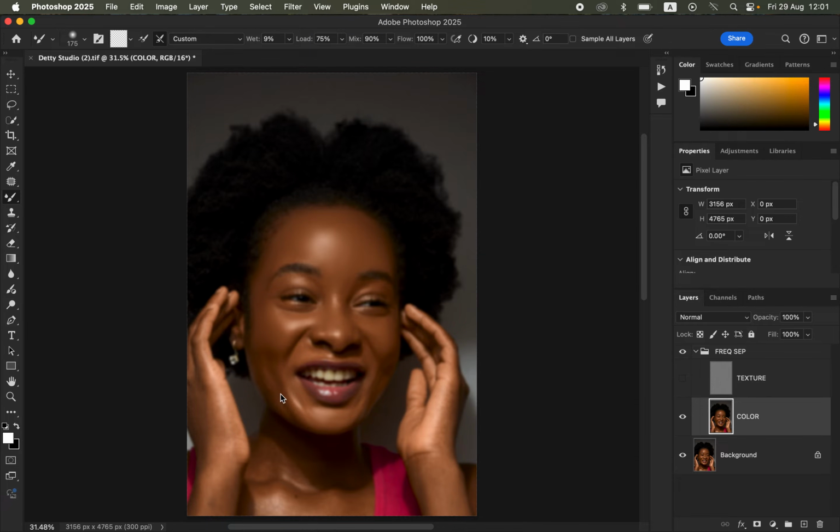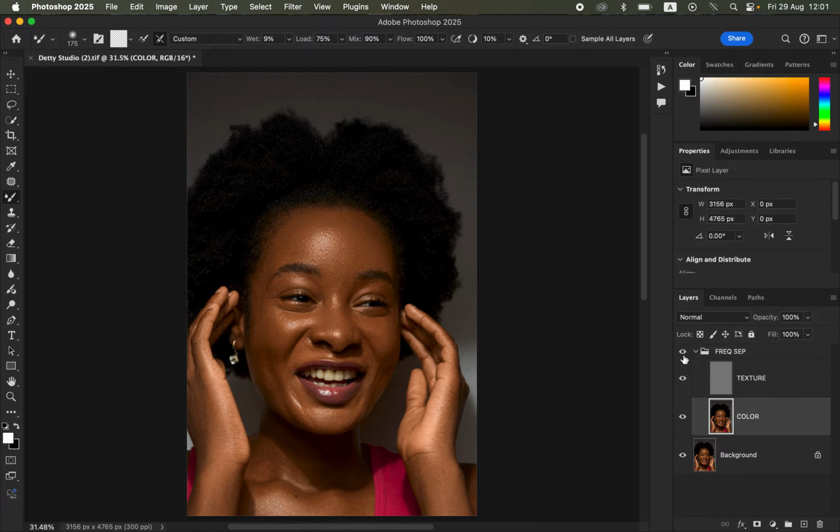So this is basically what I have to do for the rest of the model's skin. So don't forget the neck and other areas like the chest and the rest of the body. So I'm just going to quickly blend, and you can see I'm following the direction of how a given area is shaped so that I can keep and maintain the original structure of the skin flow or the color on the skin. So you can come and turn on the texture layer to see what you have been able to